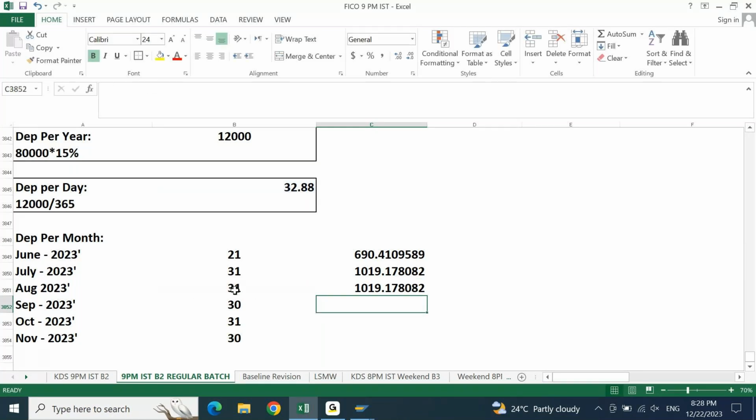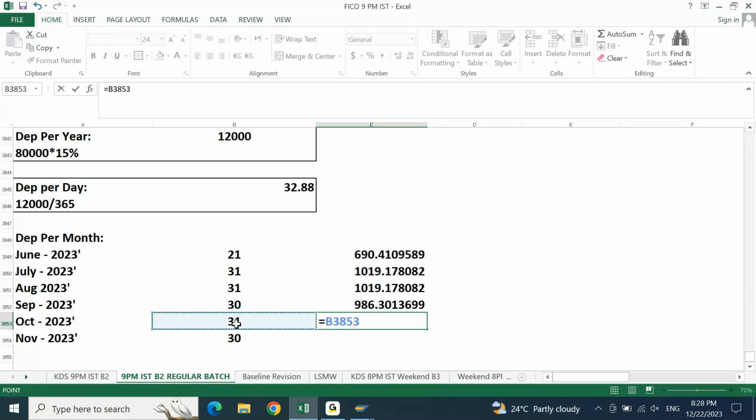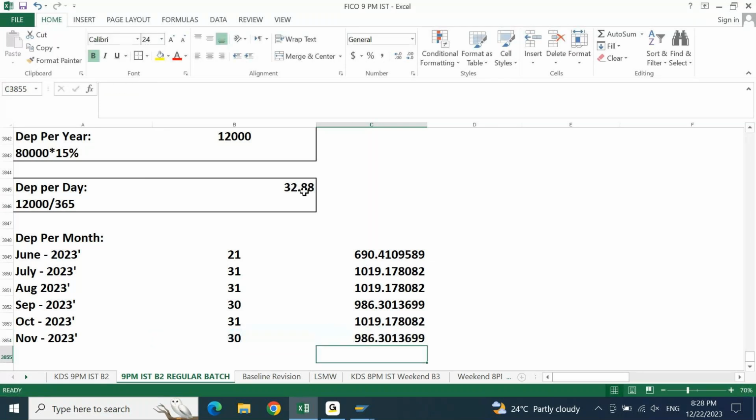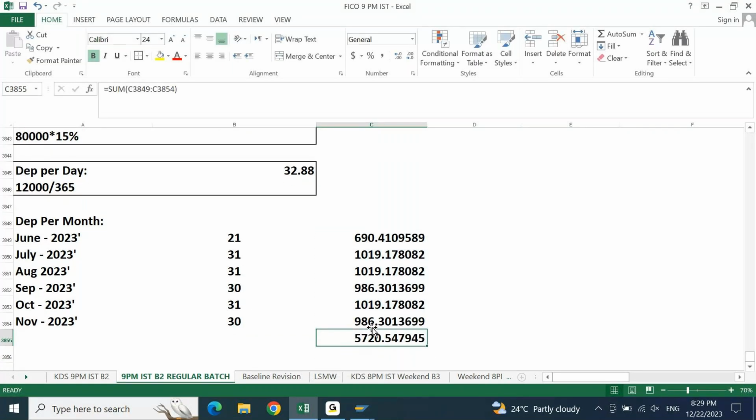Per day depreciation multiplied by number of days, same thing for each month. This is what we are getting here, and if you do a total, this is the amount. And if I take everything into 2 decimal only,